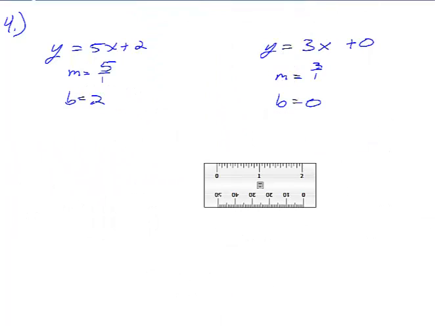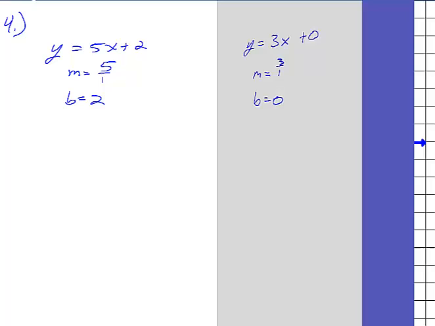Alright, first line, where do I start, m or b? No, b. What's our b? 2. So that's the y-intercept, right? And then what's my slope say? How do I get my second point? Up 5 and over 1. So,